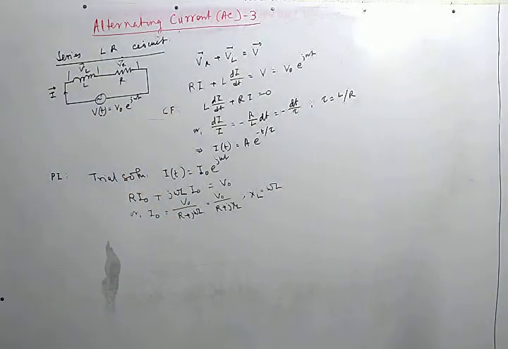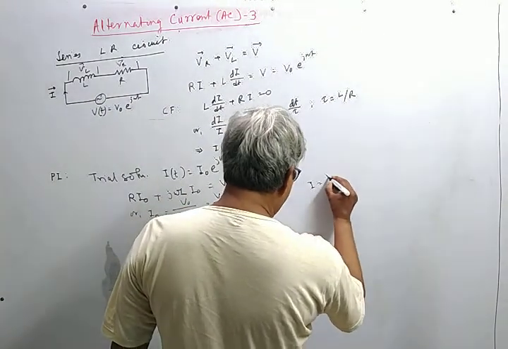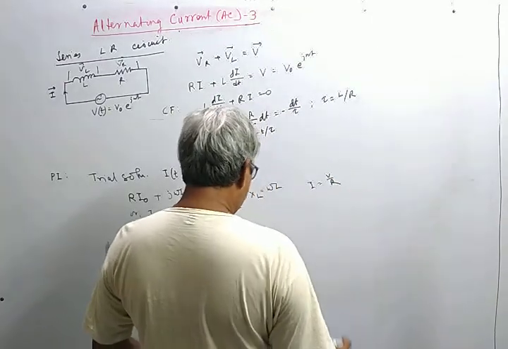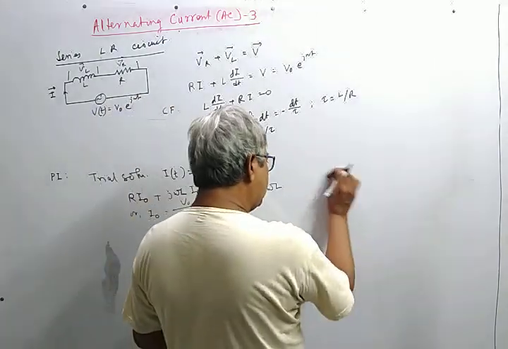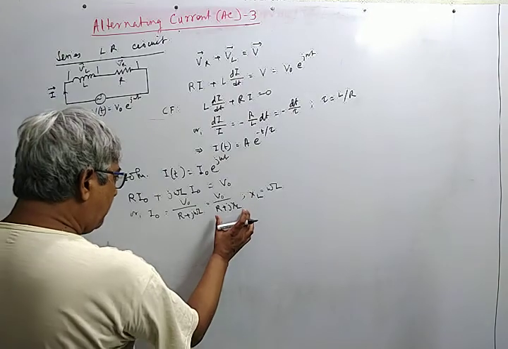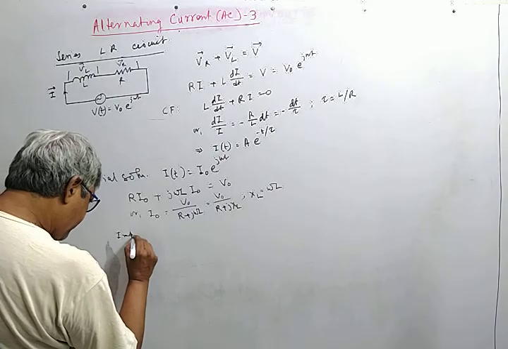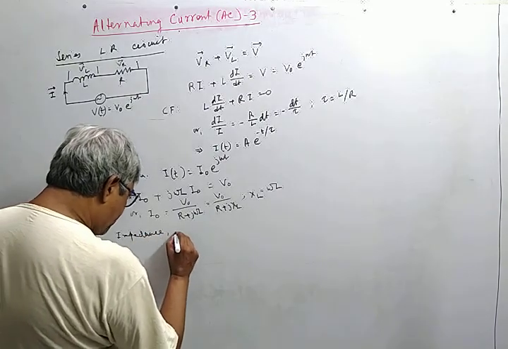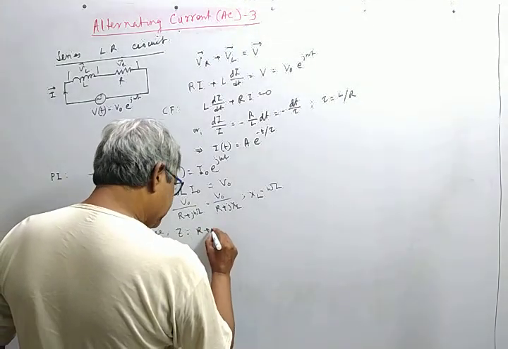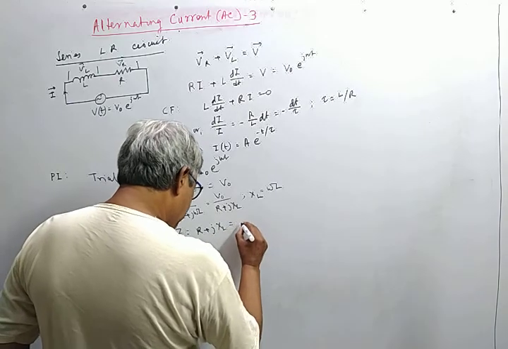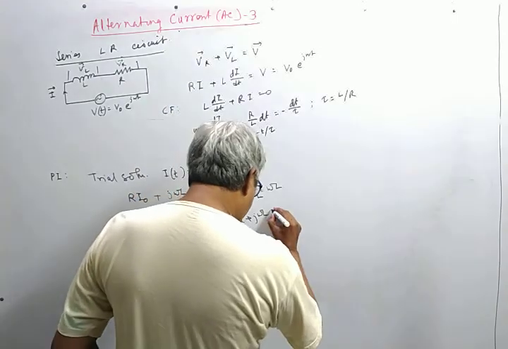We see that for a resistive circuit, I is equal to V by R, where R is real. Here we see that the resistance offered by a combination of inductance and resistance is a complex quantity, and it is called the impedance. We define a complex quantity Z, which for this series LR circuit is R plus jXL, which is R plus j omega L, and we can write it as